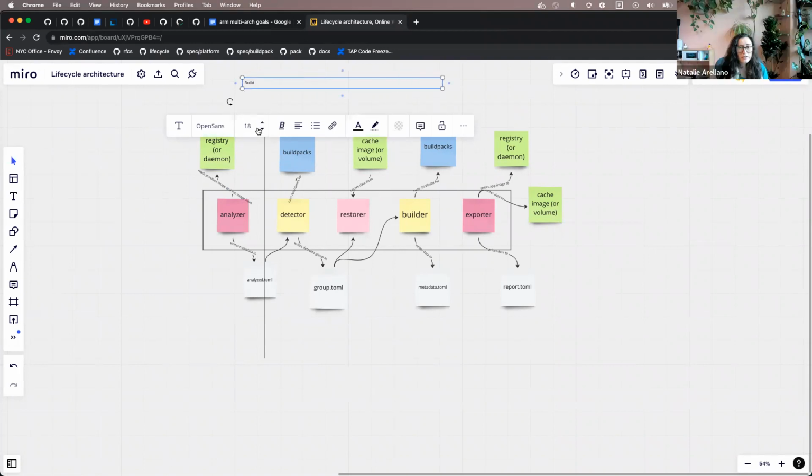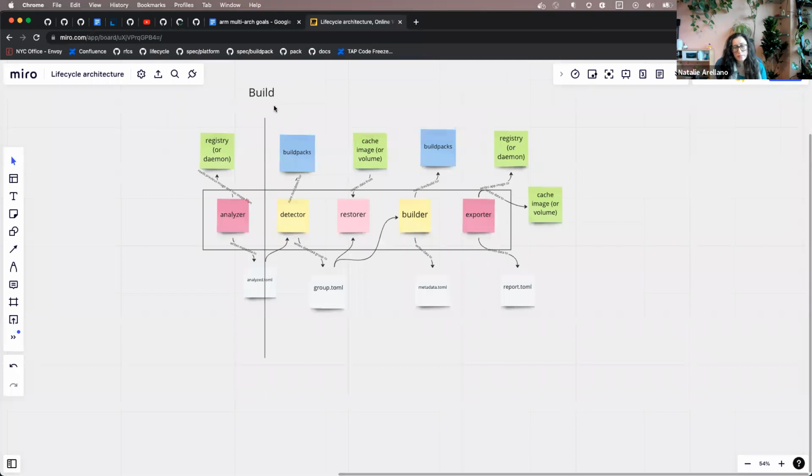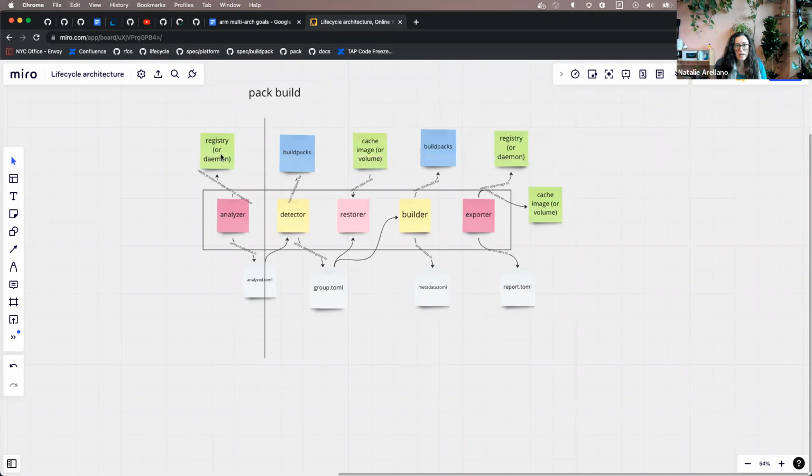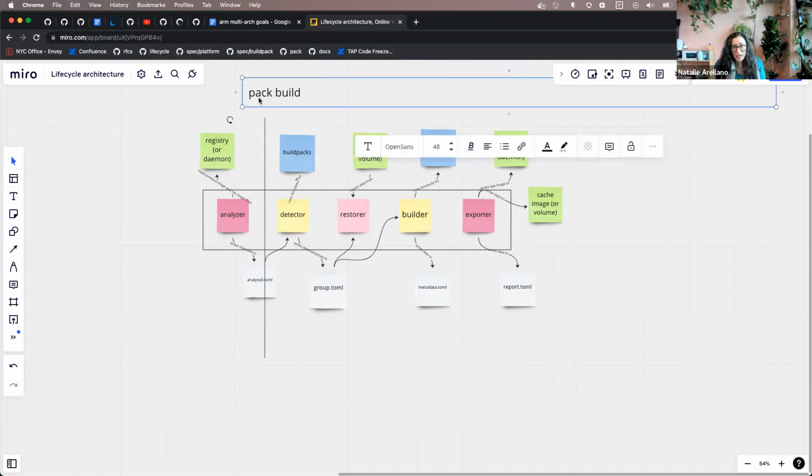I'm just putting a note here that when we're talking about how Pack uses the daemon, it's useful to distinguish between the actual build and the creation of the builder. So what we're talking about here is Pack build, versus Pack builder create.